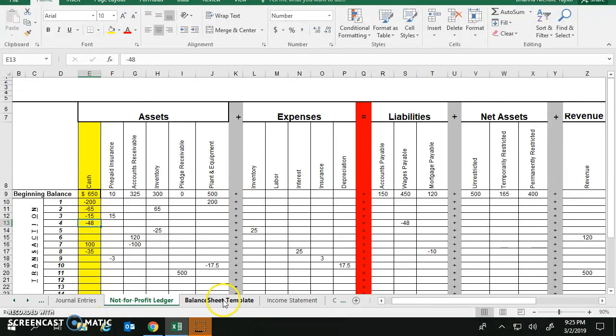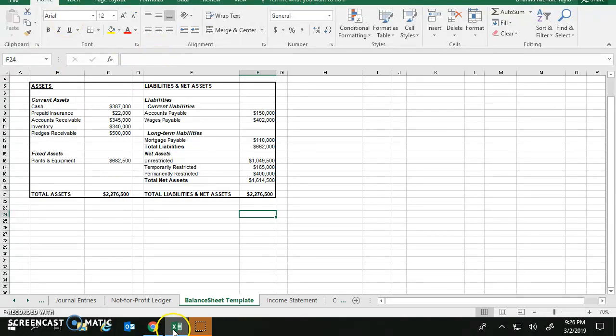what should be subtracted and what should be added. Moving on to our balance sheet, these are the numbers that we got from our instruction sheet I showed you earlier. You use those values to plug into the